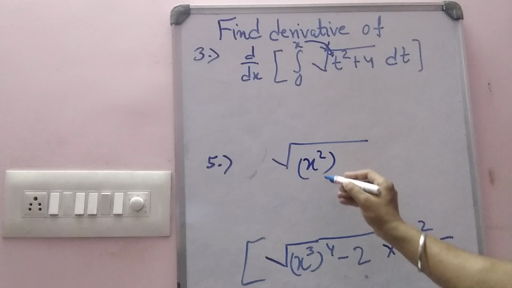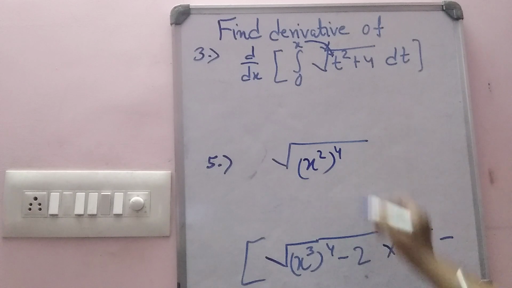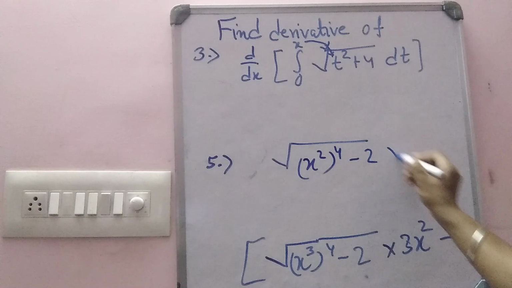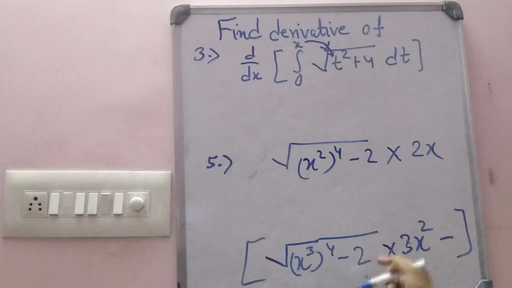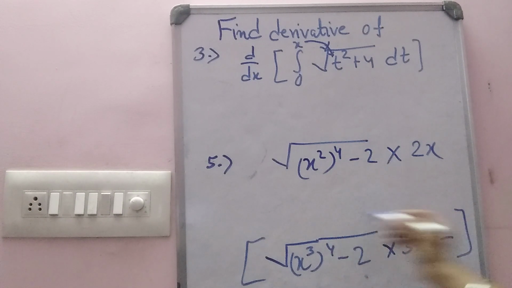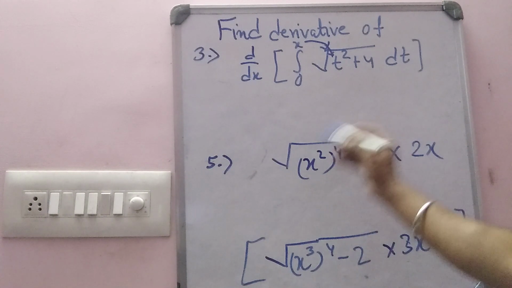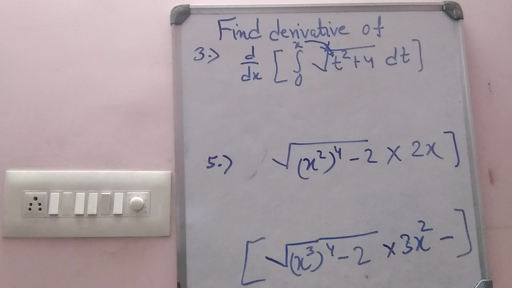So x square to the power 4 minus 2 and the derivative of x square is 2x. So from here to here, this is your upper limit, minus this part is your lower limit. So the final answer will become